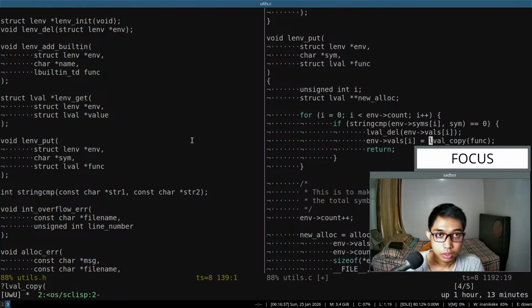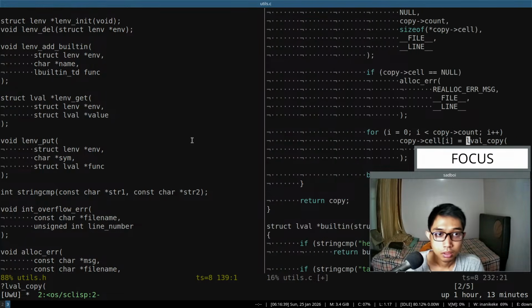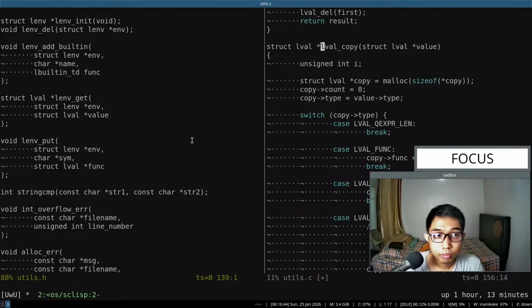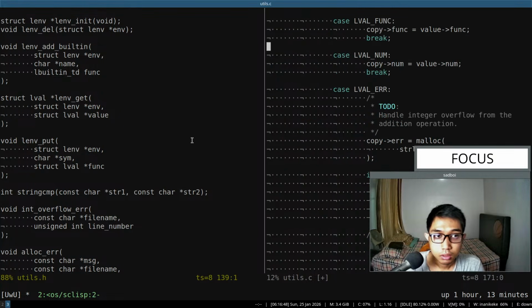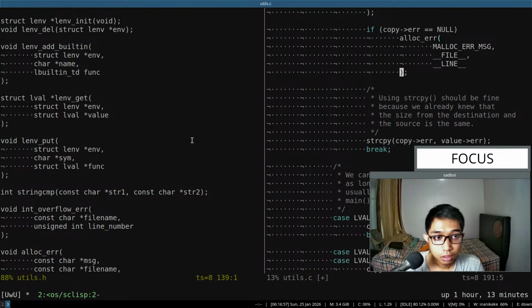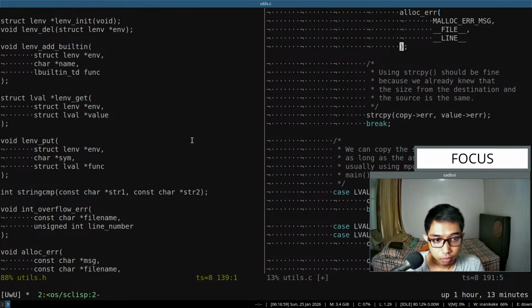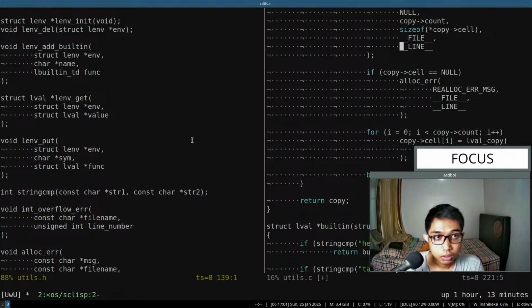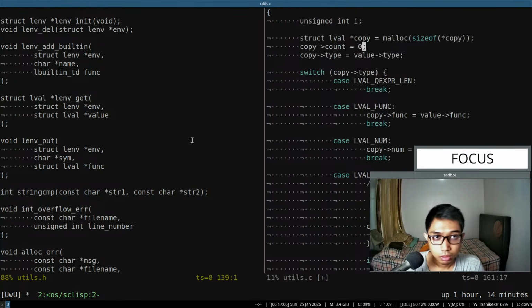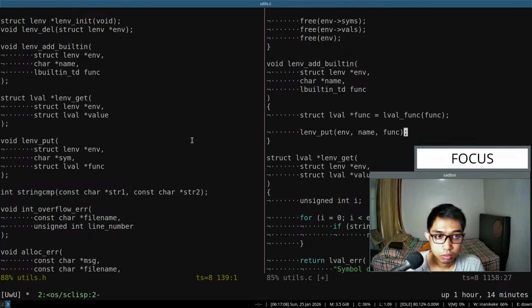Have a copy. This one. Yeah, I mean, if there is an allocation error, we will exit the program. Maybe not now. Well, let